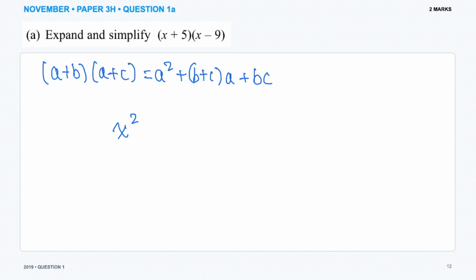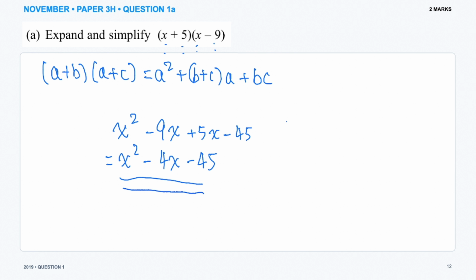So x squared, because x multiplied by x, and then x multiplied by minus 9 is minus 9x. Plus 5 and x makes positive 5x. And 5 times minus 9 is negative 45. We're going to add negative 9x and plus 5x to get x squared minus 4x minus 45 as our final